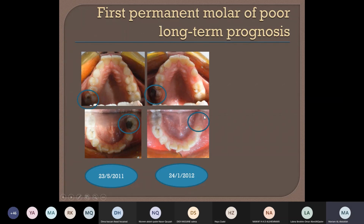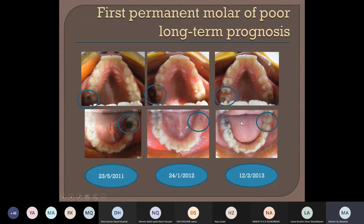And this is a few months later. Unfortunately, when the patient came back to review the eruption of the 7, we found that the upper 6 now is of poor prognosis, so we had to extract the upper 6 as well. As you can see here,